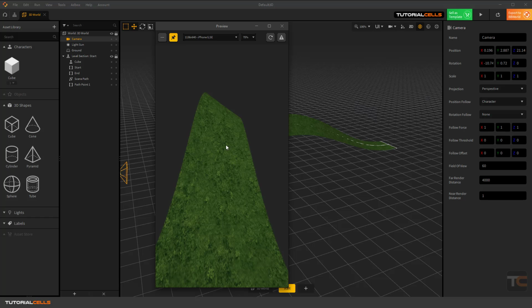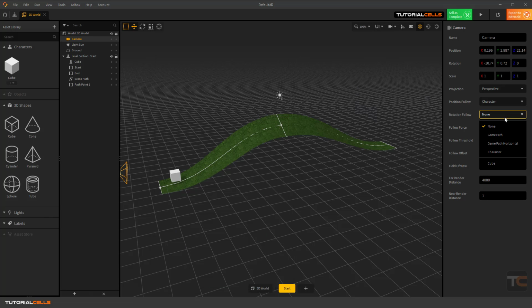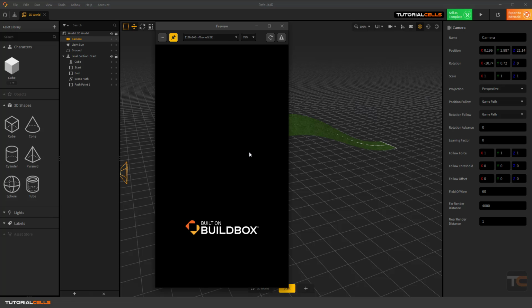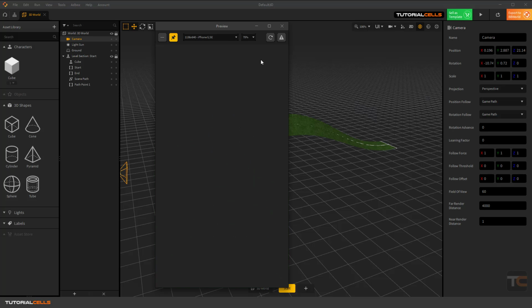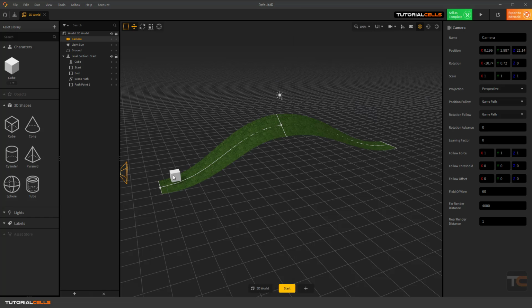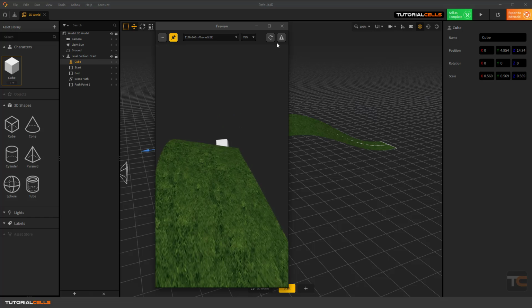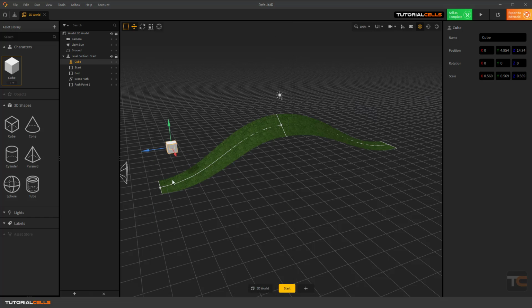Now you can see it's bad. It's better to follow the game path. I think, yeah, it changes the character to game path. Here you can change game path. Let's follow the game path to see. Yeah, it's better. Now you can see if I take it higher at the path, it immediately snaps to its path automatically. Boom, you can see. And you can see we have an initial